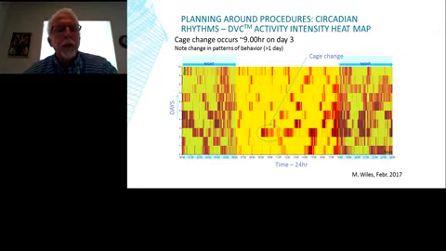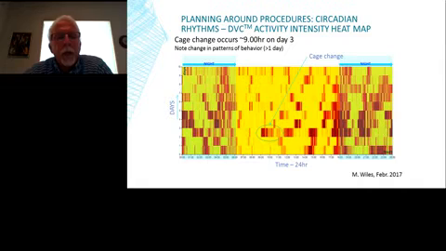We're monitoring a cage here over a 10-day period. During that period, on day 3, there was a cage change. What is readily apparent from this heat map is that, related to that cage change, there's a lot more activity up here than there would be on other days. So anytime you change a cage, the bottom line is that you're creating a lot more